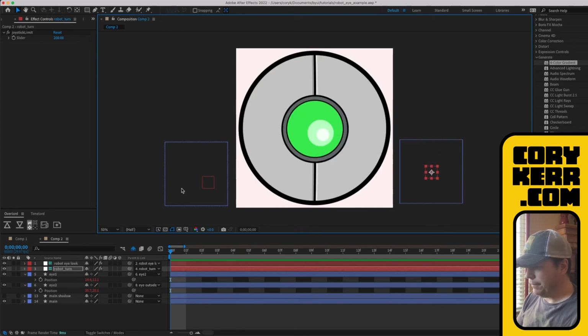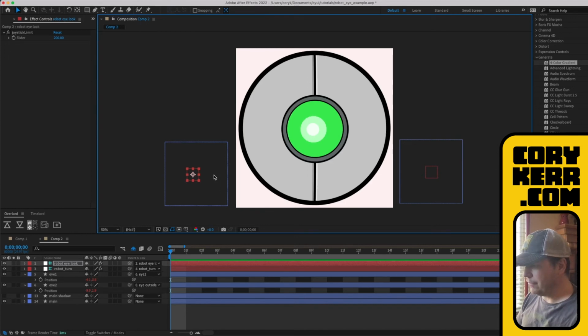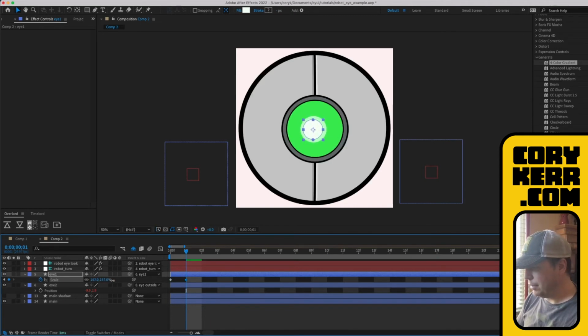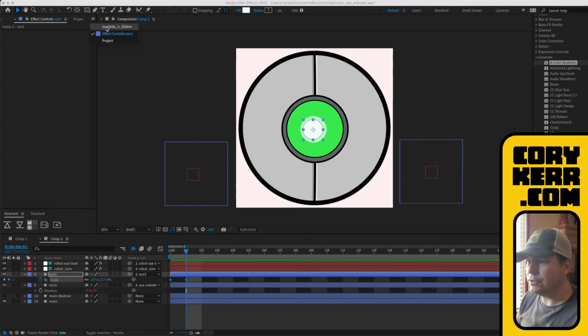Cool. Okay, so now I want to create a slider where I can increase or decrease the size of that middle kind of pupil, right? And so I'm going to come in, I'm going to go to I1, and I'm going to choose scale, and I'm just going to do 2, okay? And so I'm going to go from here, and then the next keyframe, I'm just going to make it bigger, okay? And then I'm going to grab those 2 keyframes, because on a slider, you just need 2 positions.